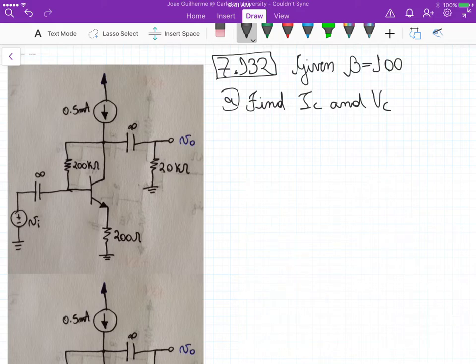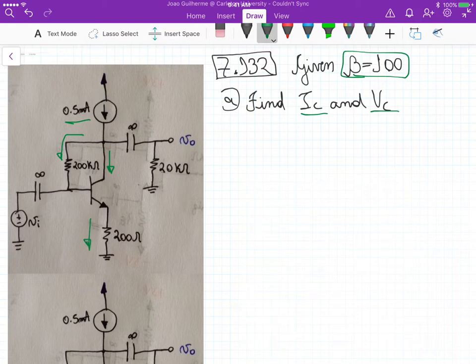For this problem, 7132, it's given beta is 100. In part A we need to find the collector current and the collector voltage. So in this circuit here, it's an emitter follower, so we have 0.5 milliamps flowing here. Those 0.5 milliamps are split here at the base and here at the collector, and they group again to form